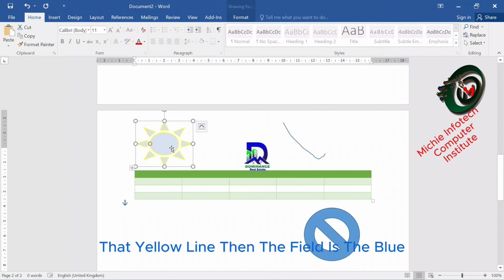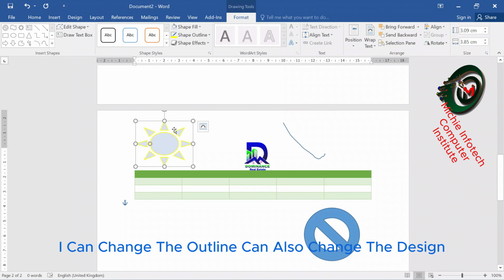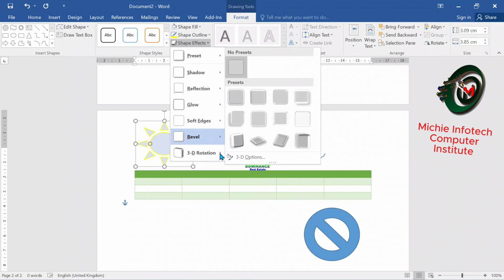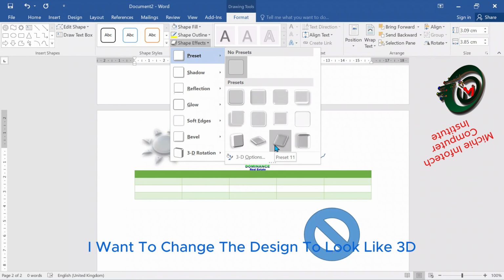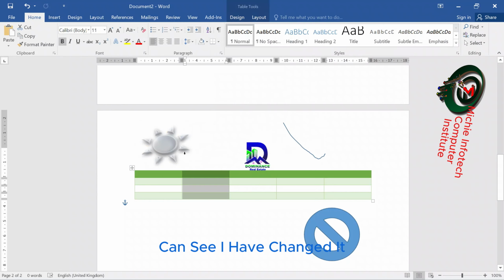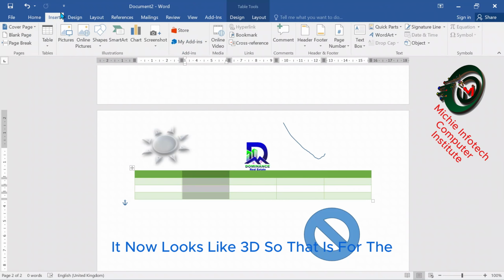Then the fill is the blue color inside. So I can change the blue color, I can change the outline, I can also change the design. I want to change the design to look like 3D. You can see I have changed it. It now looks like 3D. So that is for the